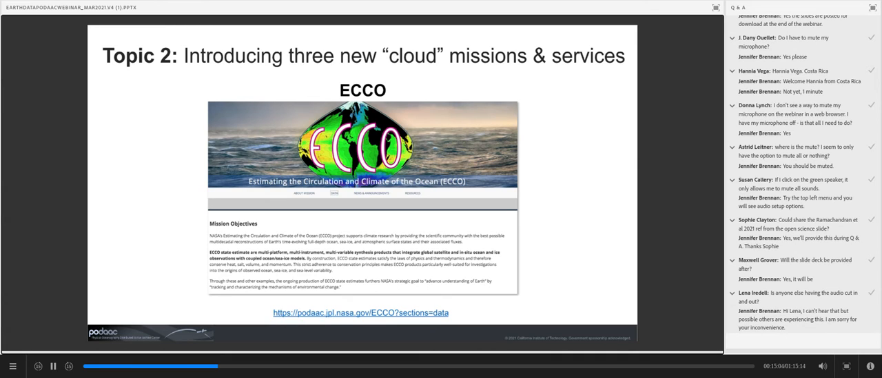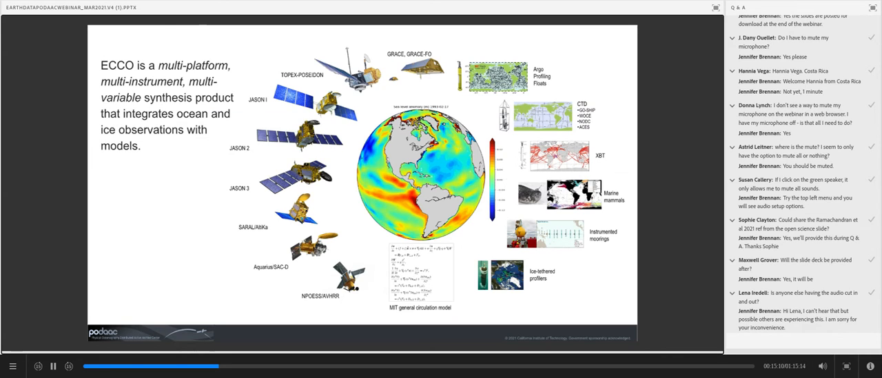That's an ocean model, which stands for Estimating the Circulation and the Climate of the Ocean. It's a full three-dimensional circulation model built on the MIT General Circulation Model. It's not an operational model. It's a retrospective model for climate studies. And it's a multi-platform, multi-instrument, multi-variable synthesis product that really integrates a number of ocean and ice observations into the